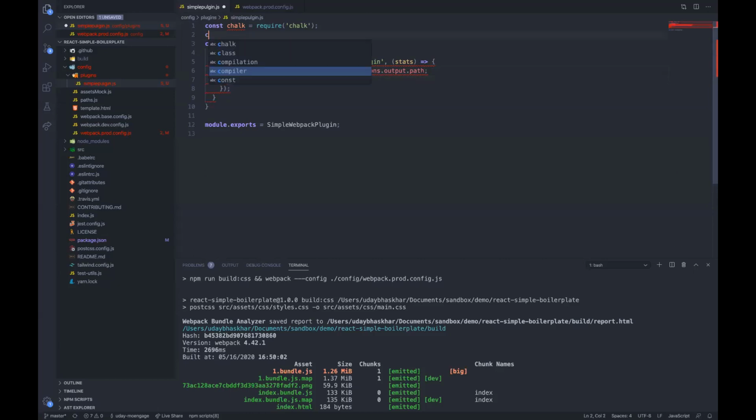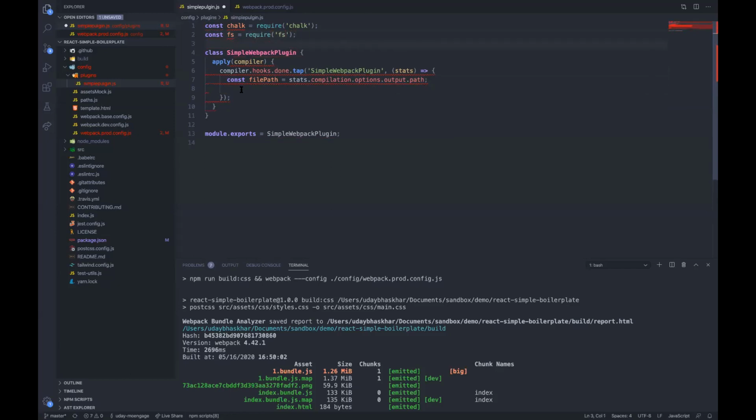And I would also use fs equal to require of fs. fs.readdir, I will read the directory and I will read the file path.